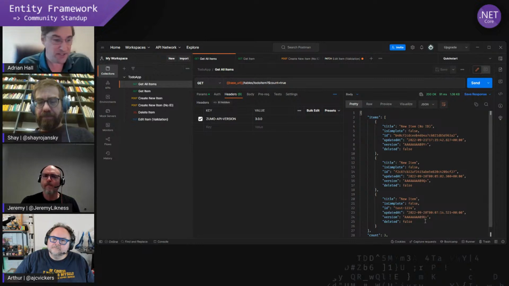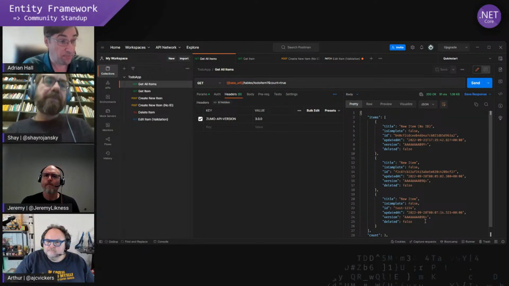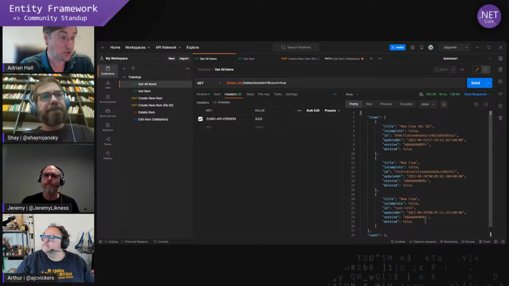The updated at has millisecond accuracy, so that allows you to check which has been updated, and the version has been changed. That allows us to do concrete evaluations, even in the case where you get two records with exactly the same timestamp, which would be remarkable.